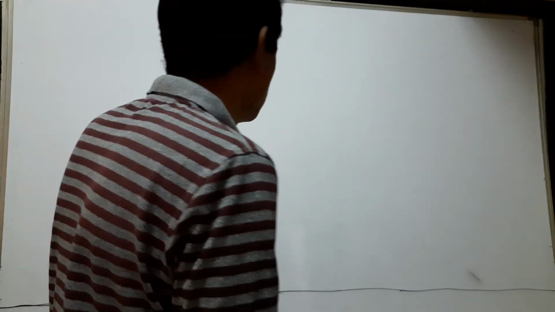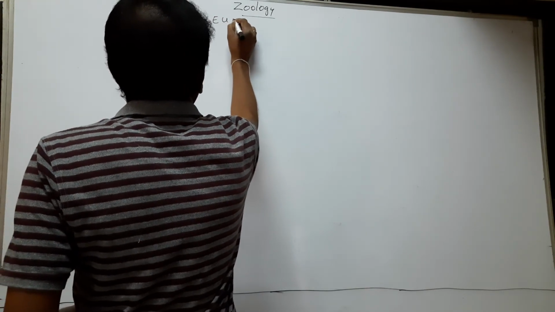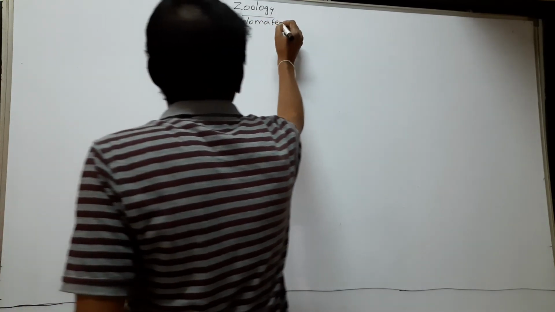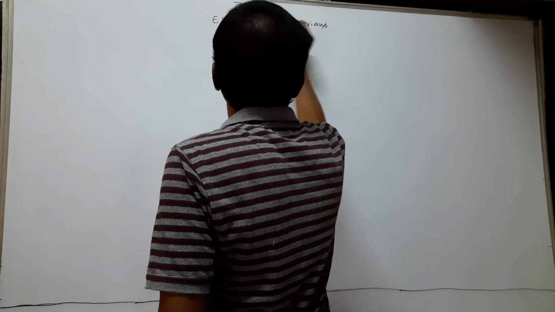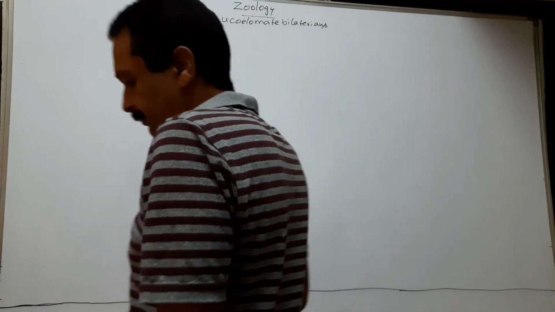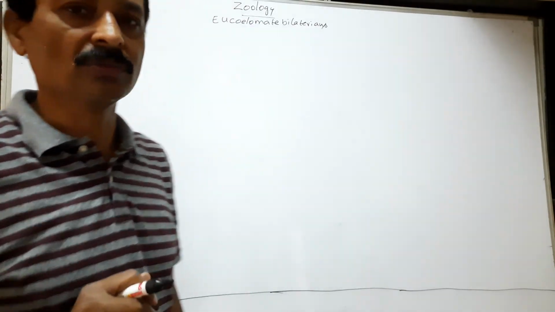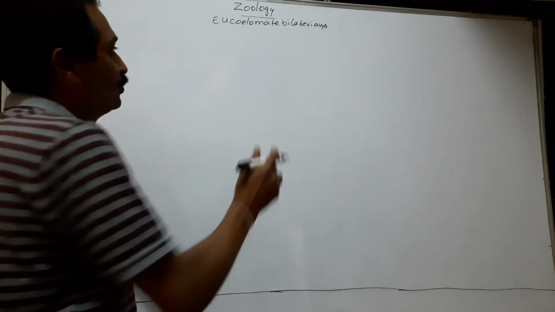Based on the mode of formation of eucoelom or true coelom, the eucoelomate bilaterians are divided into two types,